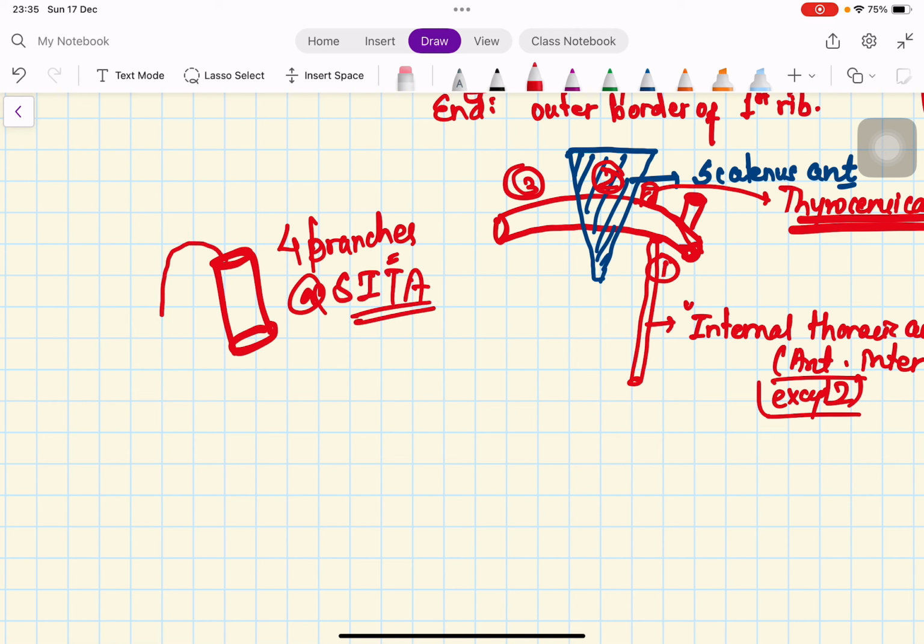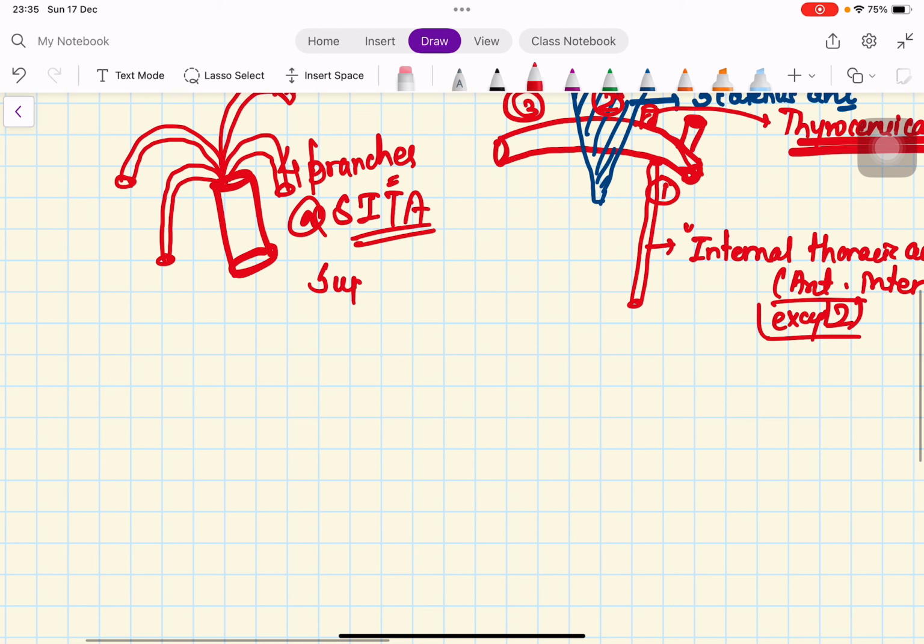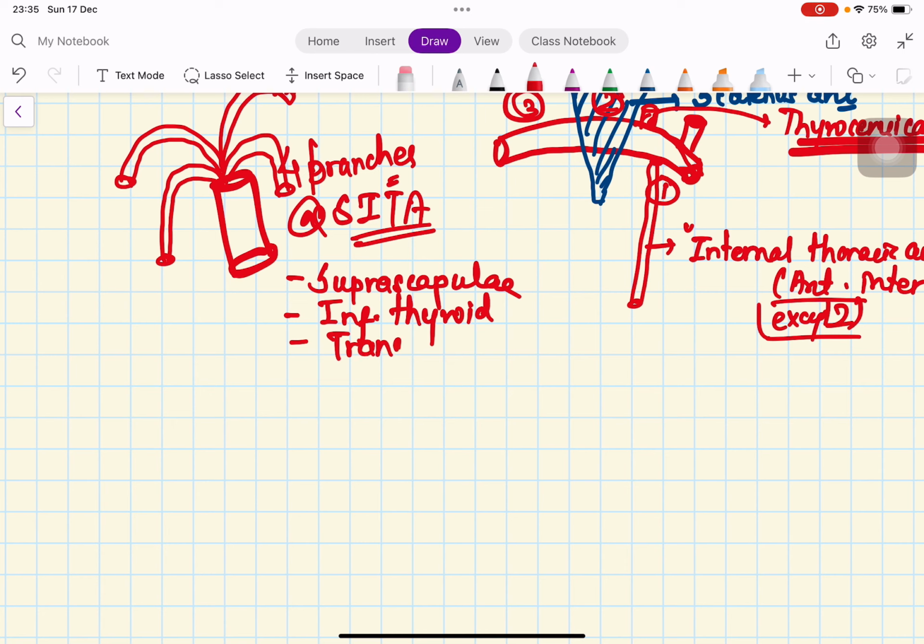It will give the suprascapular artery, the inferior thyroid artery, the transverse cervical artery, and the ascending cervical artery. I want you to understand that the inferior thyroid artery comes from this thyrocervical trunk,